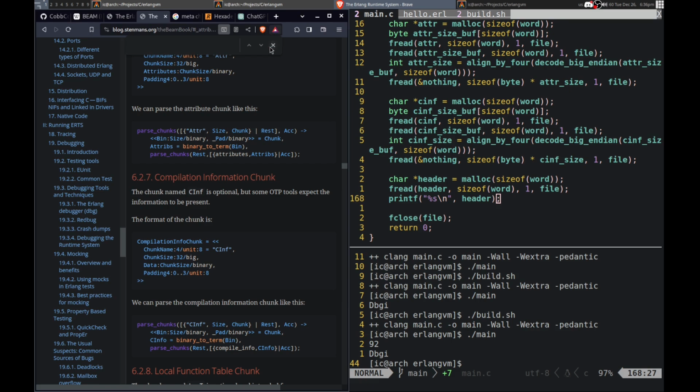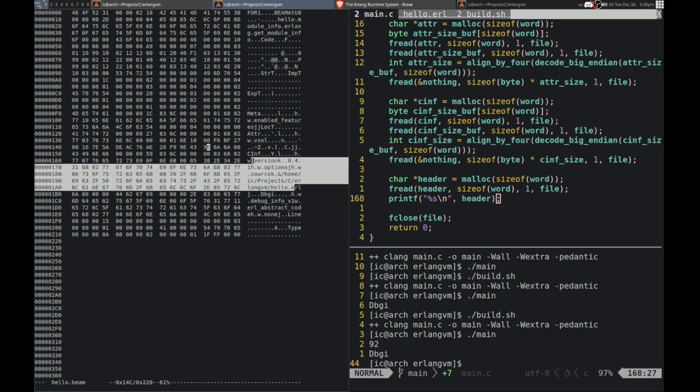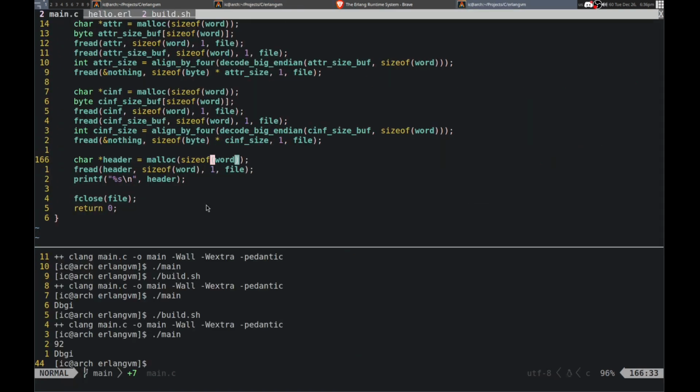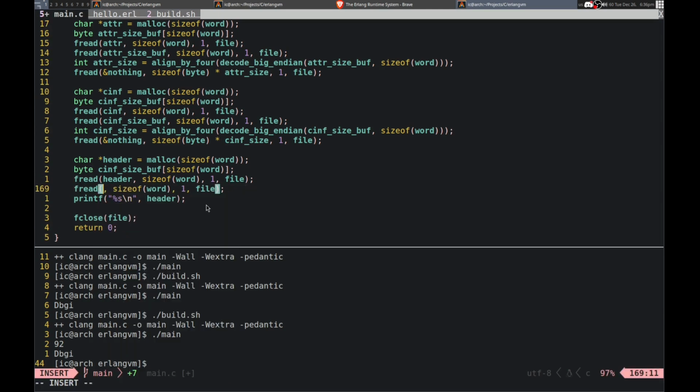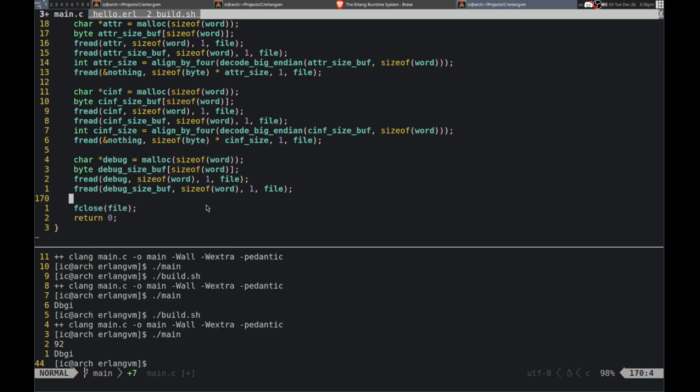Debug. That it's probably debug information, right? Where is that at though? That's here. Alright, so this actually was where all that stuff was. So we probably need to know how to encode that, but it shouldn't be too hard. Yeah, DBGI. Yeah, debug info. So I can see that. So if I actually just read the size thing. Is size buff, debug size buff, and debug. Debug. There we go. And then do this stuff.